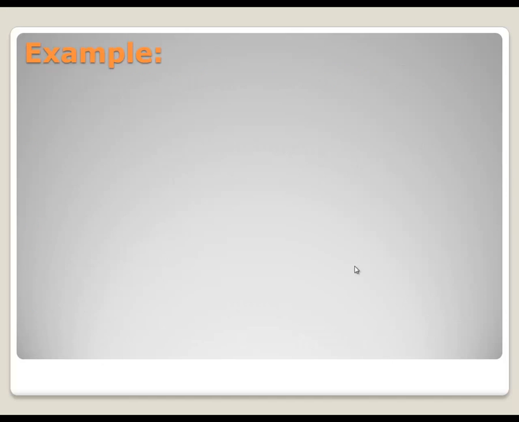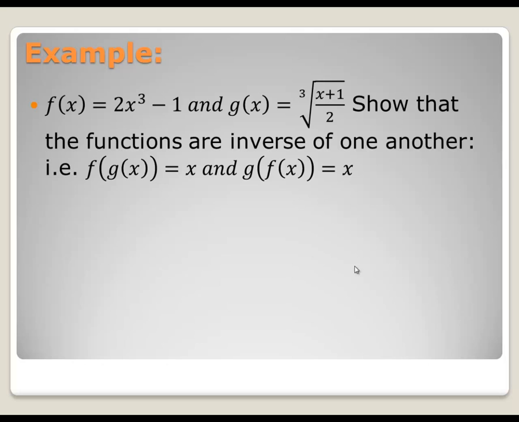Okay, so here's an example of a function as well as another function, and we need to show that these are inverses of one another. So, i.e., f of g of x equals x, and g of f of x equals x. So what we do is we take the value, so we'll go ahead and do f of g of x first, right here, and we're going to take this whole chunk here and put it into our,